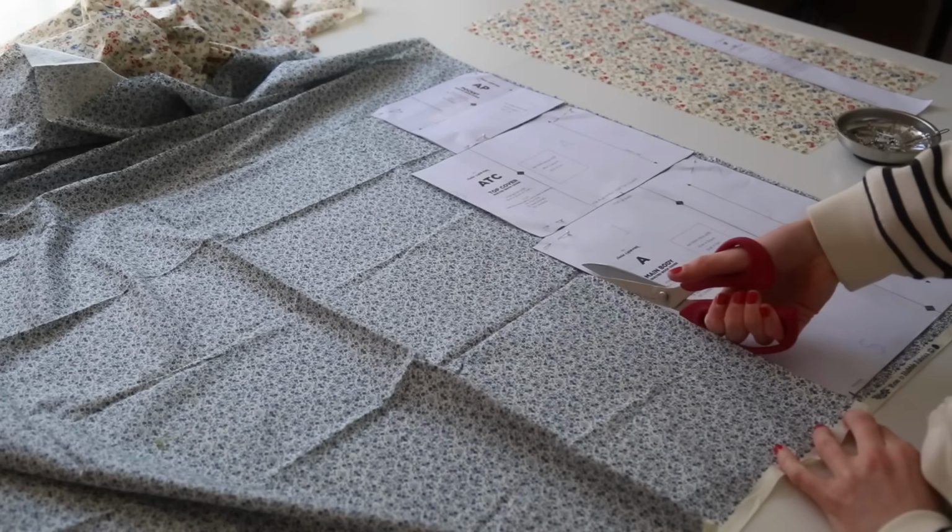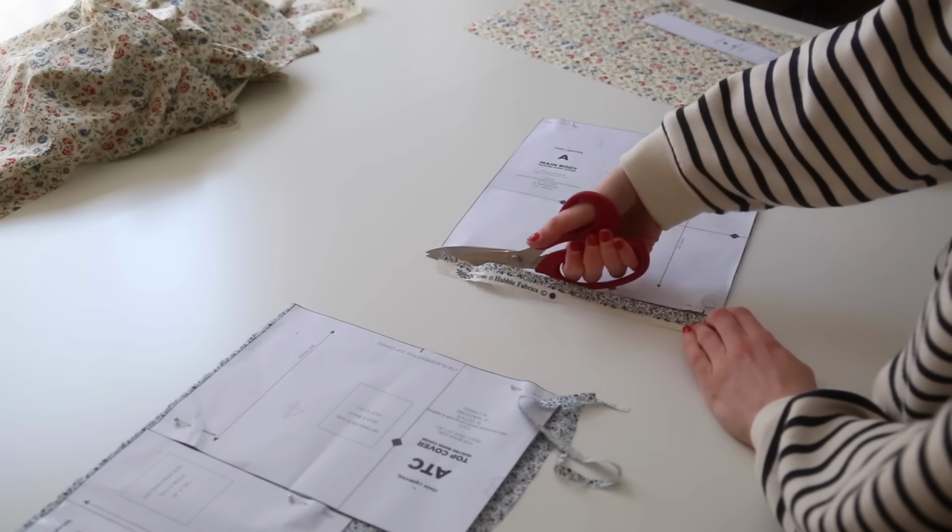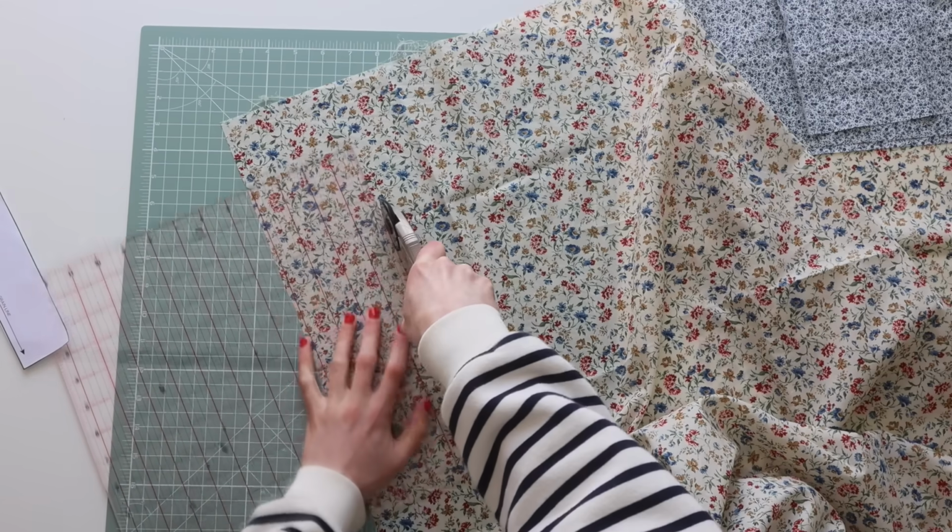While I was here, I went and cut out the rest of the pattern pieces. I've also labelled on the pattern piece the size that the pattern piece is if you'd rather just cut out